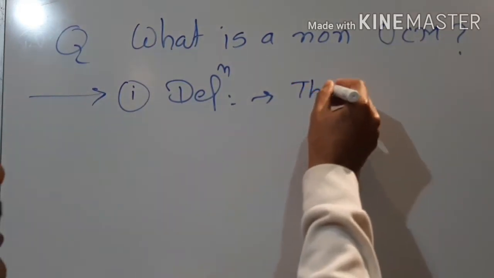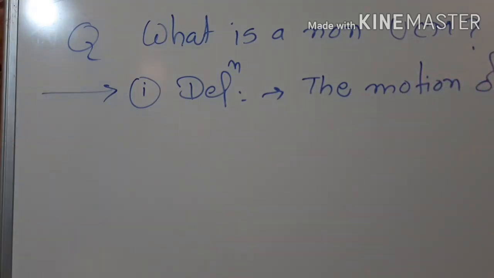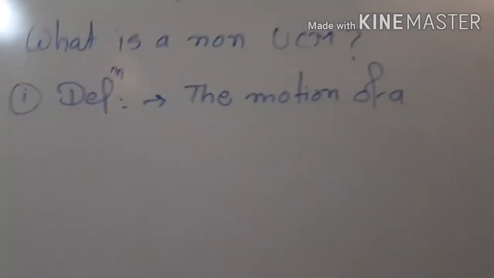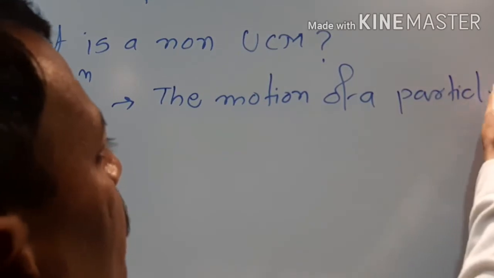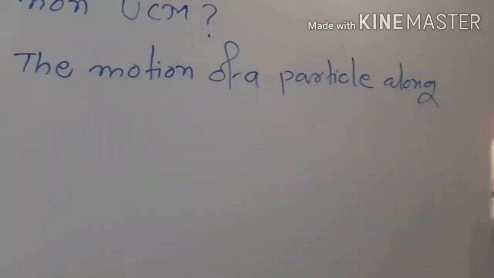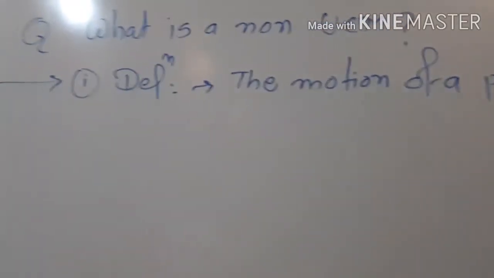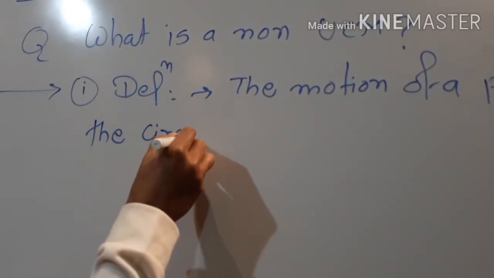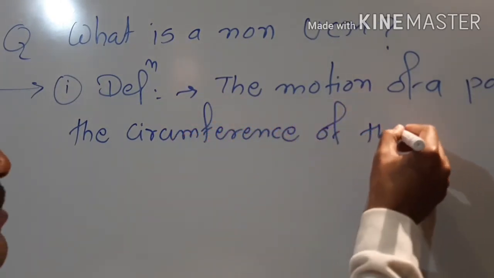Write down: the motion of a particle along the circumference of the circle